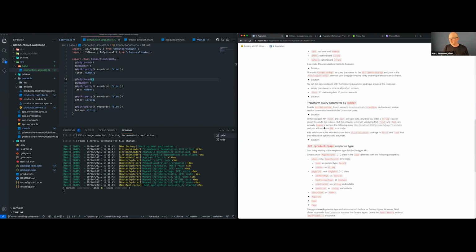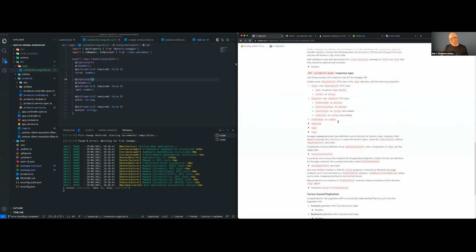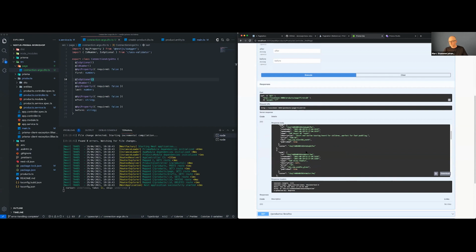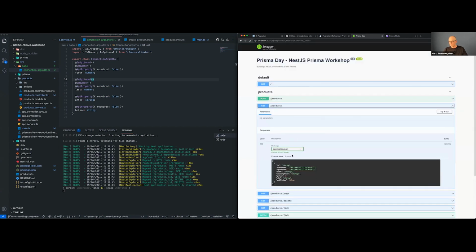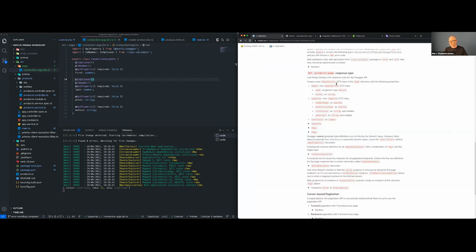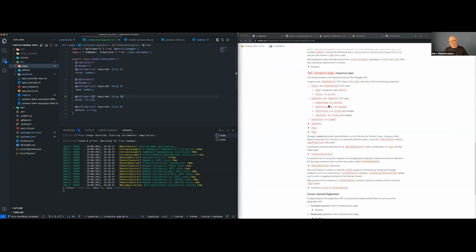All right. One more thing. This is a bit more, and it's the response type for Swagger. Right now, it's just returning again the objects, and we don't have any schema for this, like we do, for example, for the find all products here. To do so, we are going to create a couple of DTO files, and we are doing this with a generic. And the first class we're going to create, I'm starting with the